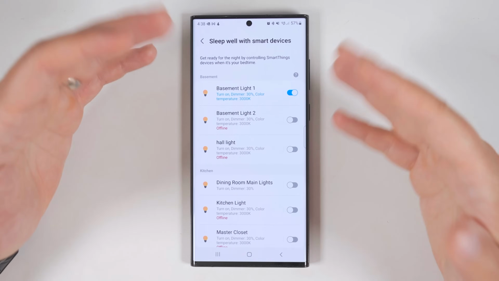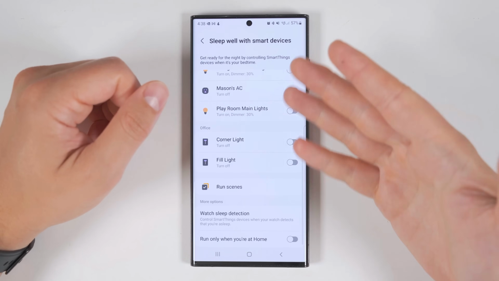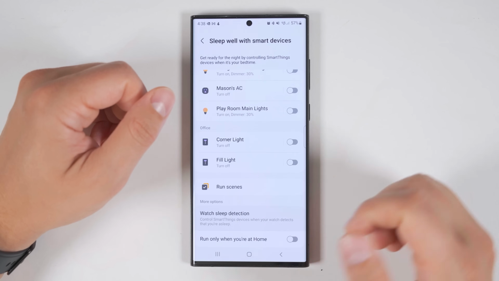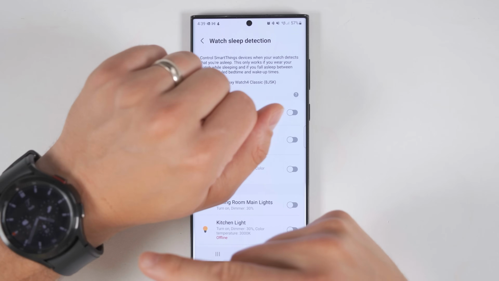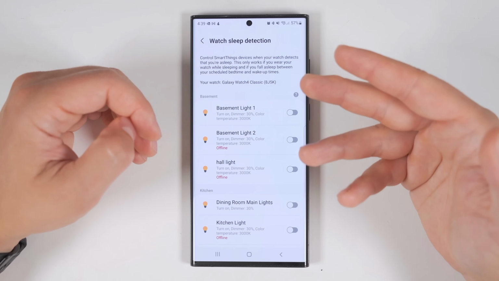But this gets even more advanced if you have a recent Samsung Galaxy smartwatch. If you scroll all the way to the bottom on this page, you'll see an option called Watch Sleep Detection. And if you tap this, you can have all of these settings change automatically whenever your watch detects that you've fallen asleep. This is particularly useful for people who like to read or watch TV in bed before they go